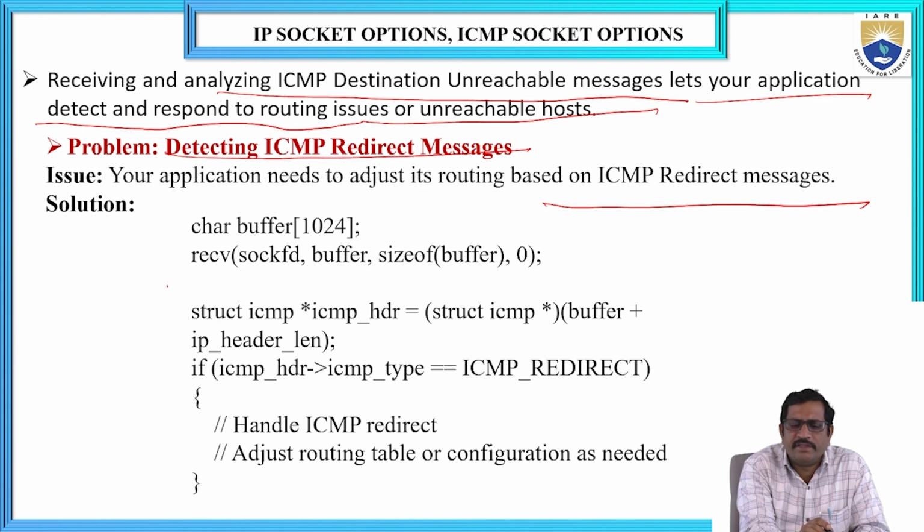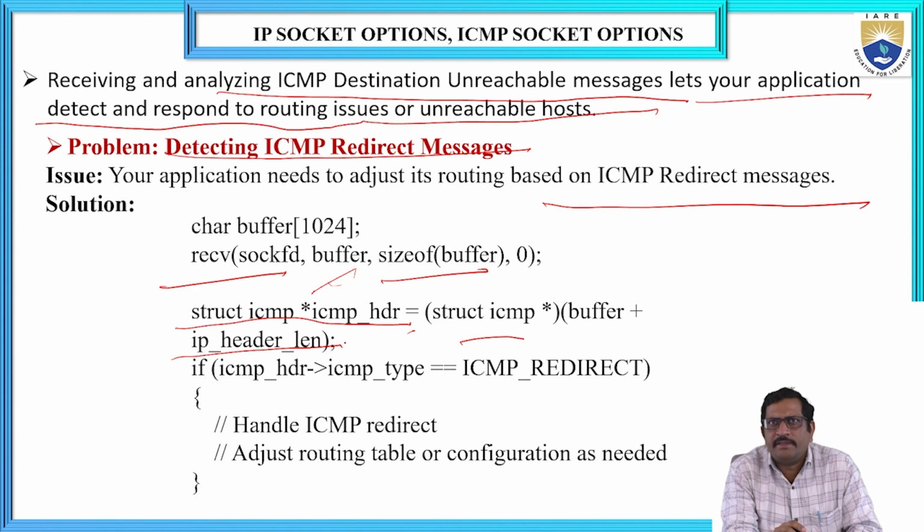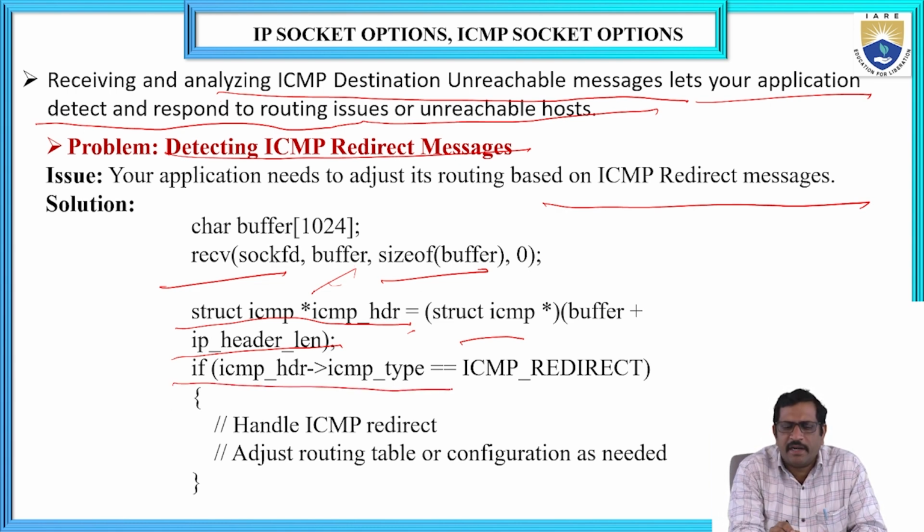For that, the code is receiving the messages from the buffer, and the size depends upon the buffer size. Now we are setting the structure by assigning the ICMP buffer and length of the IP address to the ICMP header. It will be a pointer type. ICMP header is a pointer type. If the ICMP header is greater than the